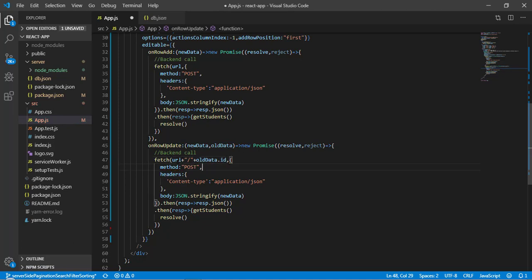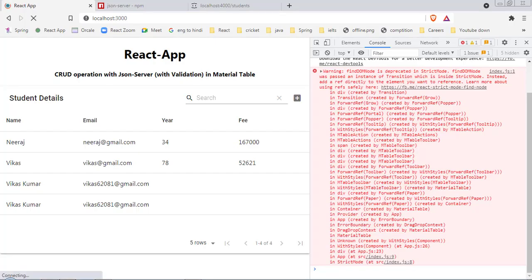Okay, so basically I am getting the URL whatever I have hard coded, forward slash, and here the dynamic value of old ID. So now this is going to be a put call. So here put. Okay, and here we will pass our updated data. So once the record got updated, here we will make a call to this getStudents and we will resolve this promise. So now save it and let's come back here,